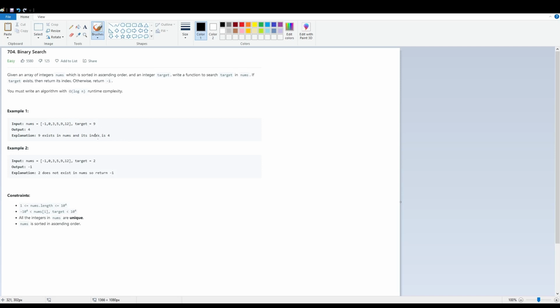For example here, target 9 exists at position 0, 1, 2, 3, 4, so we return 4. Of course, the easiest way is to iterate through the array, which will take O of n time, and find if 9 exists. But unfortunately, we can't do that because that takes O of n time, and this question specifically asks for O